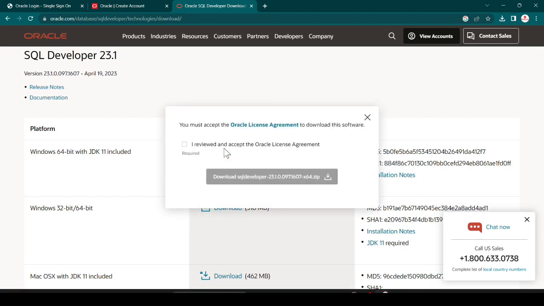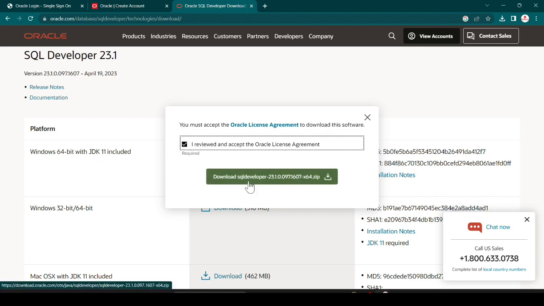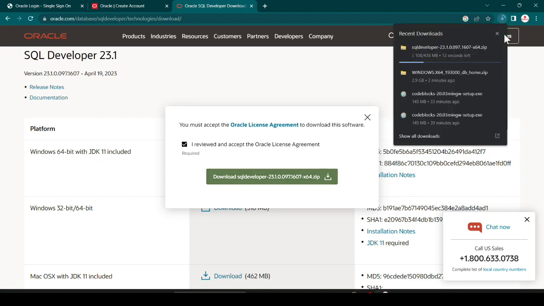Okay, just click here, click on I accept. I already logged in, that's why it will not show me the login option. And if you download the Oracle 19c, then it will not show you either. Okay, just click here, it will start downloading, and because of the new update of Google, it will show you the downloaded file here. It is 438 MB. It will not take more than 1 minute. Okay,